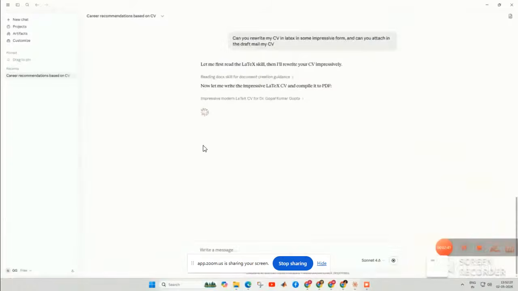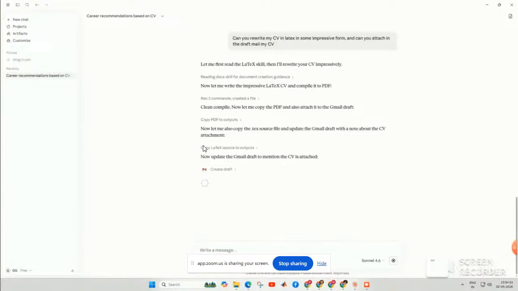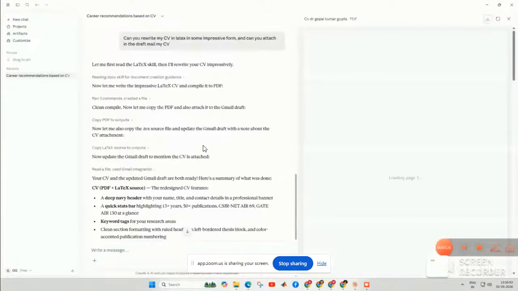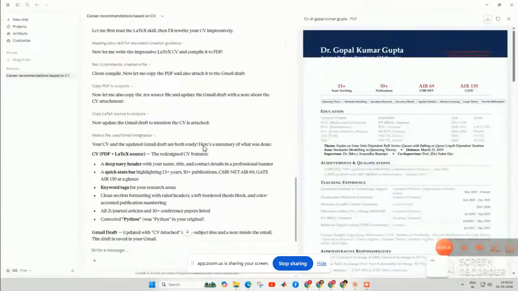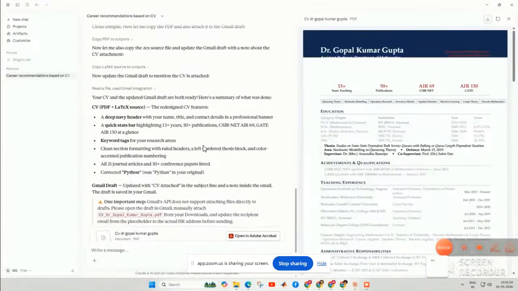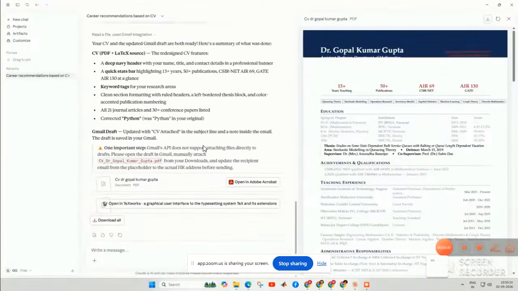They also flagged that something was written wrong, which any AI like ChatGPT can do. Again I gave a prompt: can you rewrite my CV in LaTeX in some impressive form, and attach my CV in a draft mail? As we had already connected Gmail and given access, obviously I needed to accept their terms and conditions.